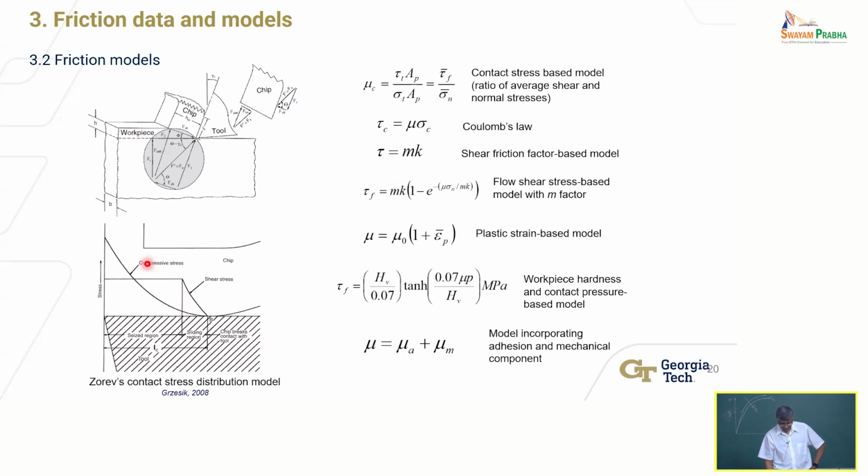All right, but the reality is it's something like this. The normal stress varies like this, at this point where the chip leaves the free surface of the tool, this is the tool here, it goes to 0. The shear stress is very high. It's approximated as being constant up to this point, and then it drops. And both go to 0, where the chip leaves the face of the tool. It curls away, right? You saw in the simulations. These type of models have been used, and still reasonable simulation accuracy can be obtained, okay?